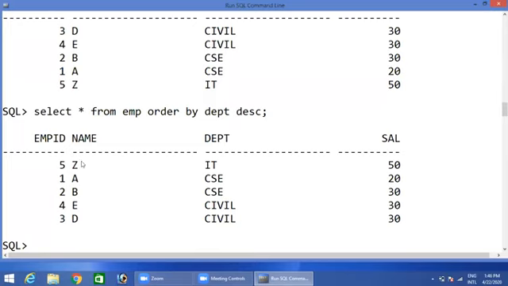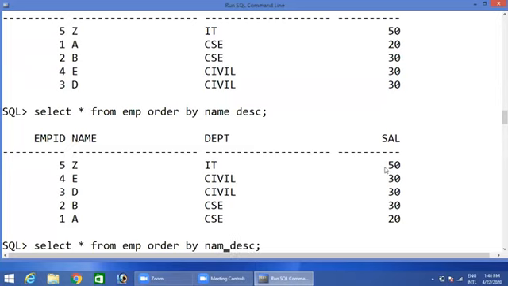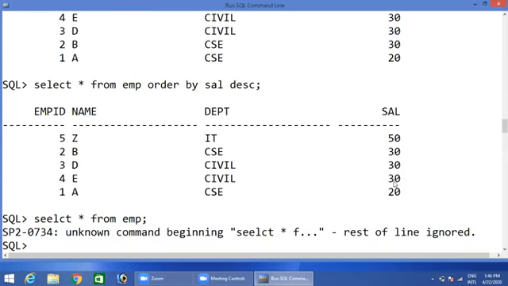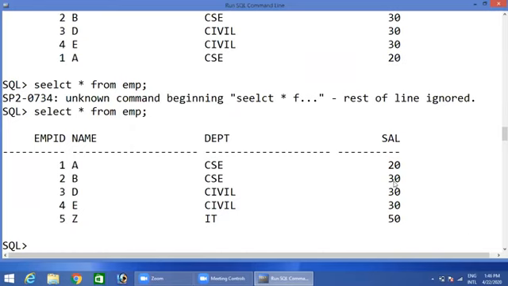In the same way, you will get descending order by changing department to name. Now see, you will get the Z, E, D, B, A result set. At the same time, kindly check with salary also. Change the name to salary: order by salary, highest to lowest. You will get highest to lowest salary. So this is about the order by clause. By default, the order by keyword is considered ascending order, but if you want, you can use descending order also. Now once again, select star from employee. Sorry, spelling wrong. Select star from employee. So this is my original table.